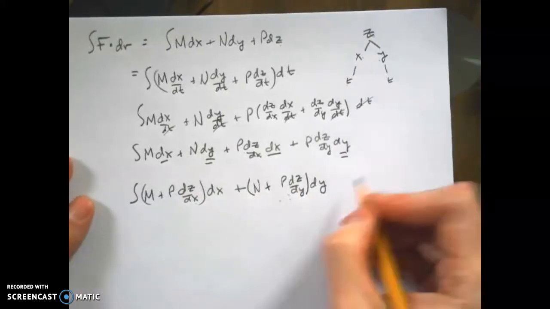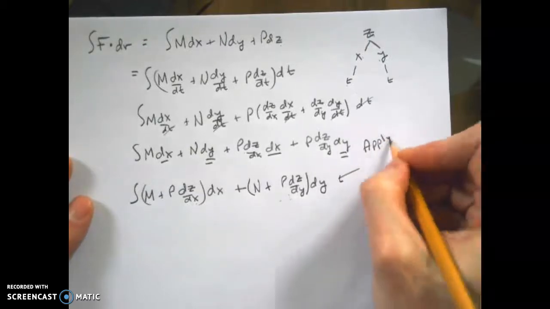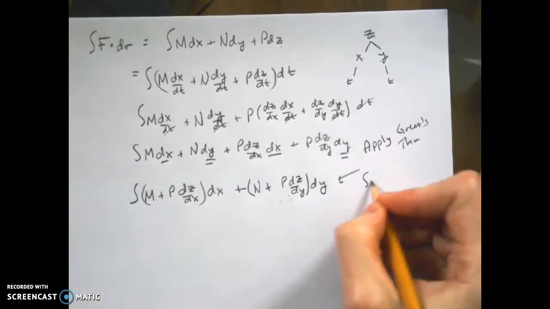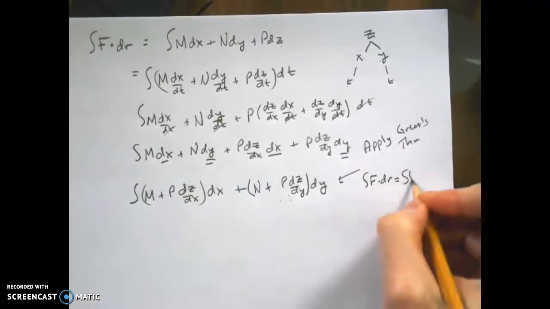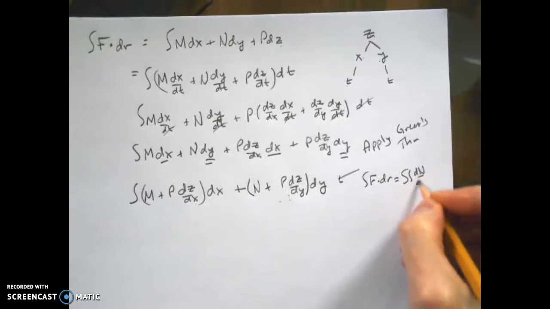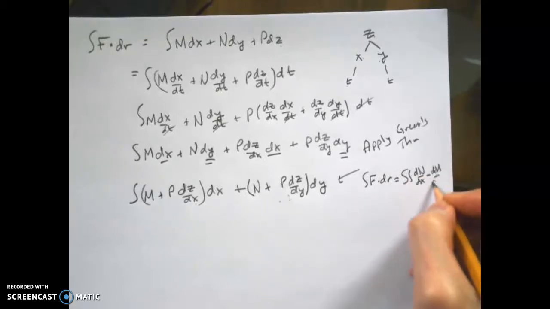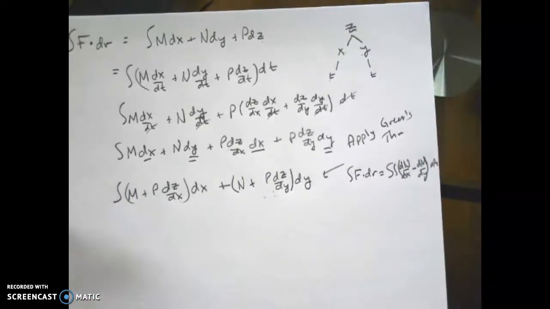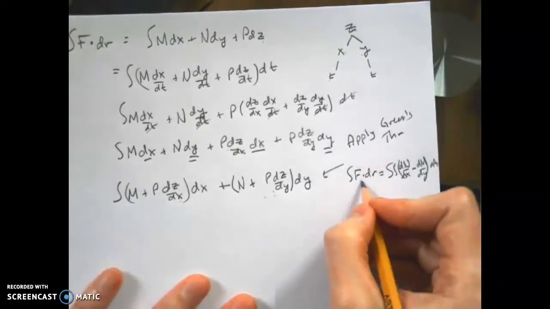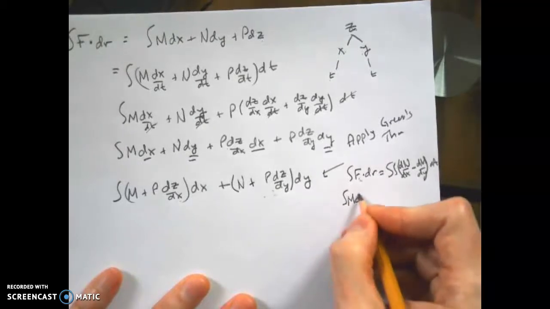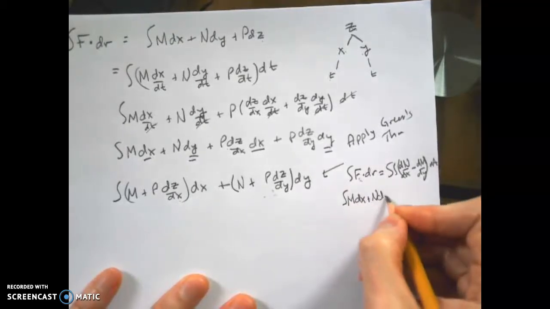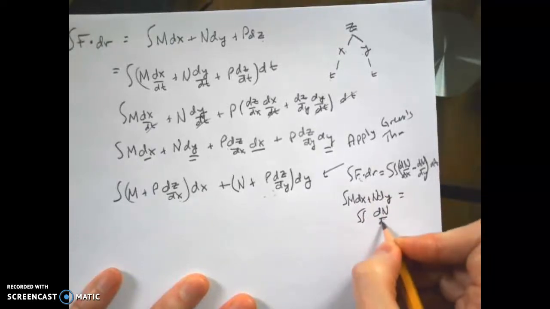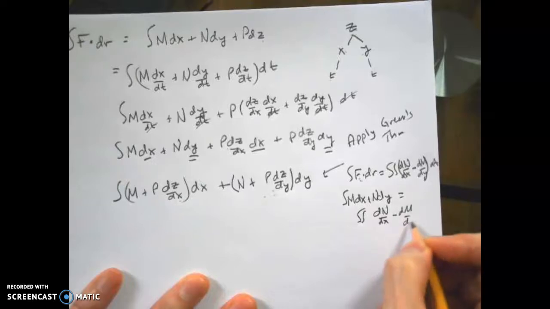So right now I'm going to apply Green's theorem. Remember what Green's theorem says, is the integral of f dotted with dr equals the double integral of the dn/dx minus the dm/dy, and that's all over your dA. Okay, so that's what Green's theorem is. So basically what we have here is this thing, which is your f, so this is m dx plus n dy, that's another way of writing this, is equal to the double integral of the dn/dx minus dm/dy